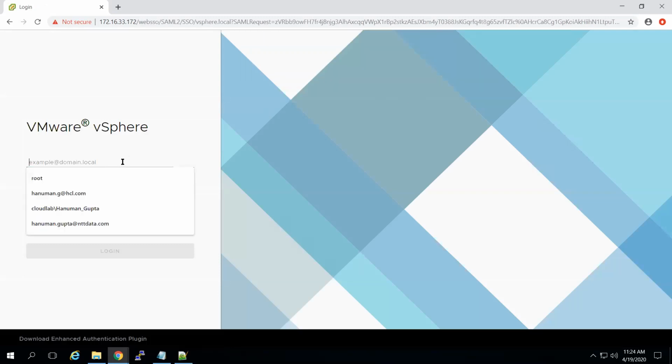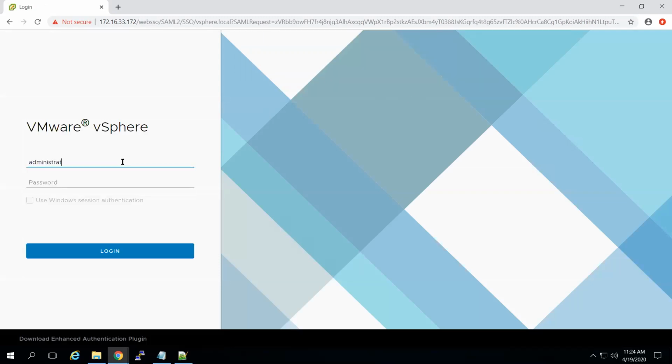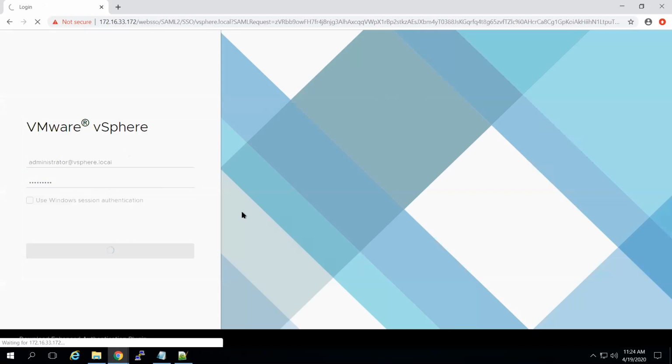Okay, now username vSphere.local, password, login. Let's see how it looks, because I'm very curious to know about vCenter 7.0.